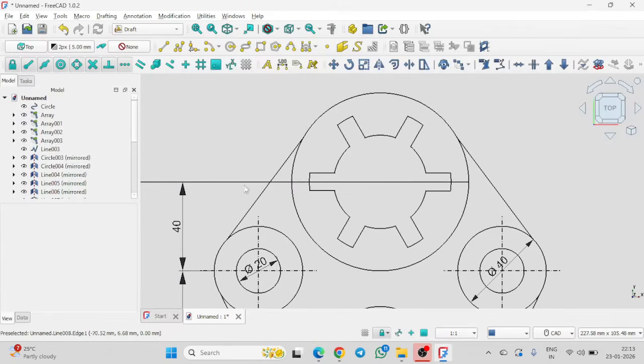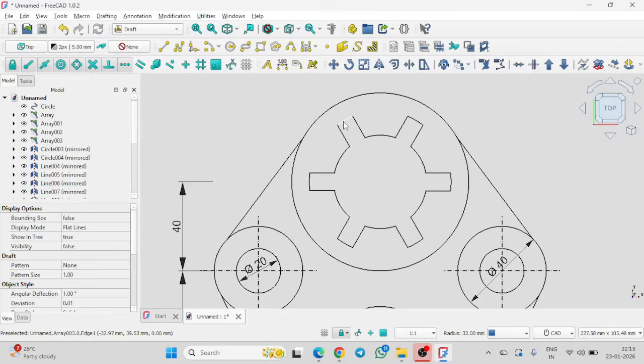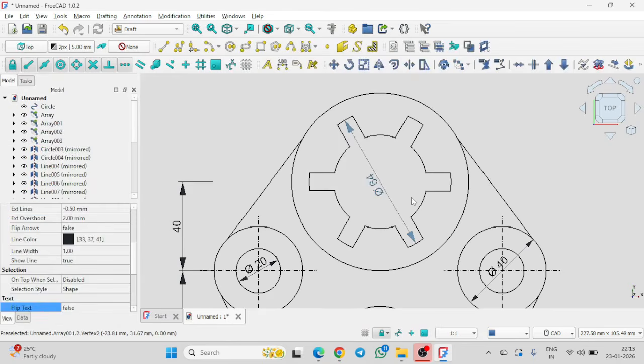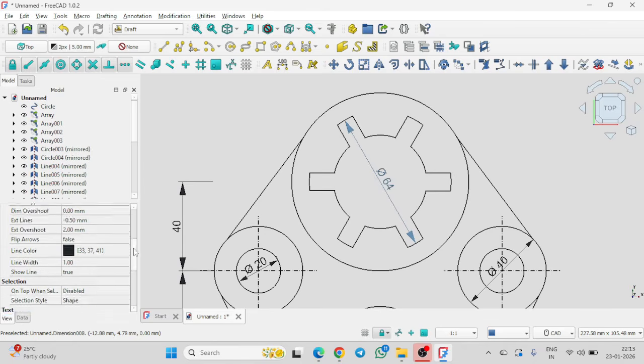Now we go with that one. So this is not required. I can delete this one. I can select this one. This is not that one. Here, interior. So select this one. I can go with the linear. I can select diameter 64. Again, select it. Flip text. Make it as true. And then